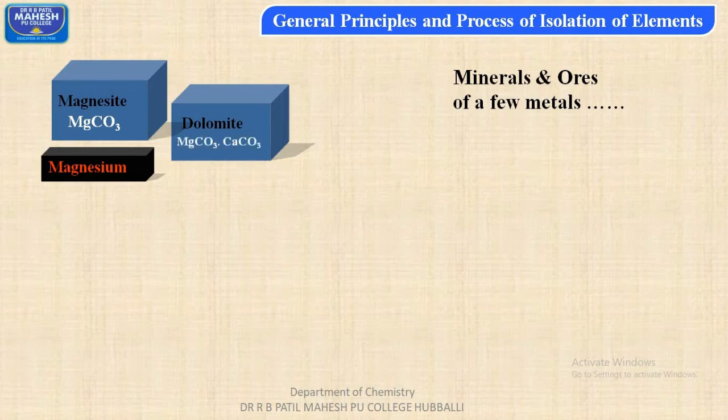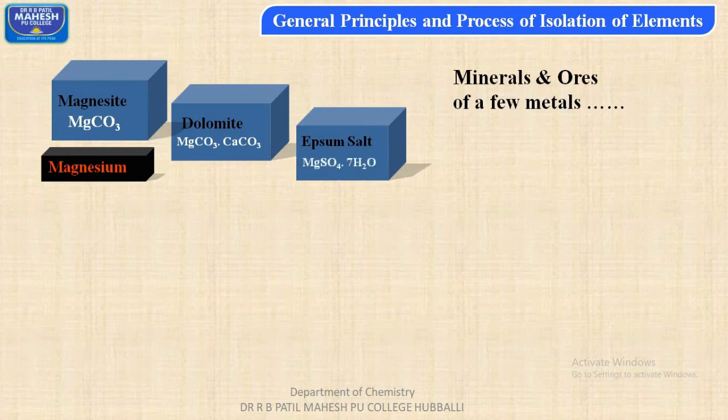So both the carbonates, that is magnesium carbonate and calcium carbonate, both are present in dolomite. The third one is Epsom salt with the formula magnesium sulfate heptahydrate. So among all these three minerals for magnesium, the second mineral, that is dolomite, is selected as an ore for